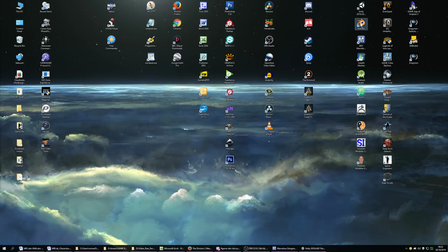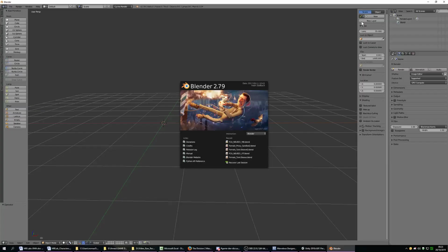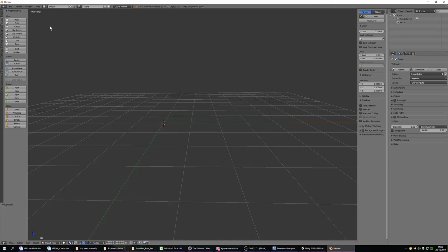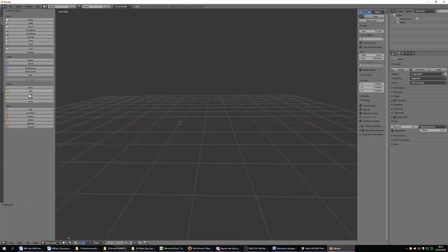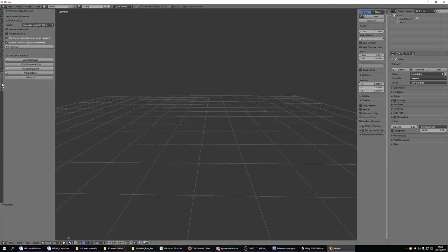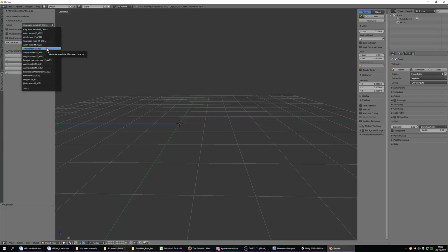Now I'm stuck with Blender 2.79 because of it, which is no big deal. I could probably run both, but it creates this add-on which allows you to create Afro, Asian, and Caucasian characters, male and female. It also does some elves and dwarfs and stuff. So if I create an African male, just to show you,